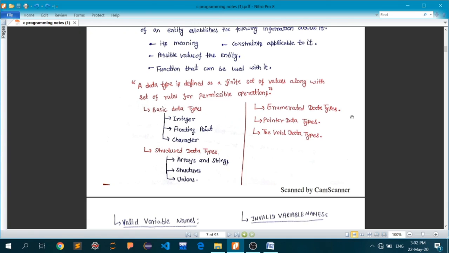Then come the structured data types. The structured data types are data types which are not completely defined by the system itself. They are partially defined by you, the user, and partially by the language itself.